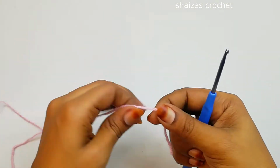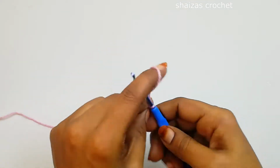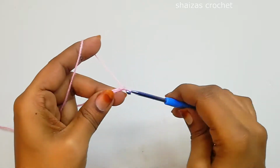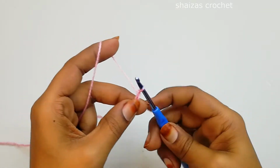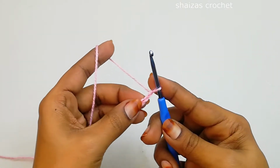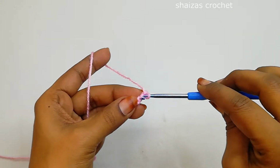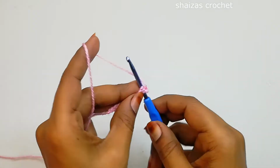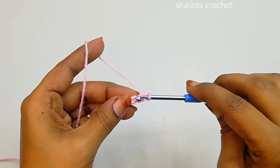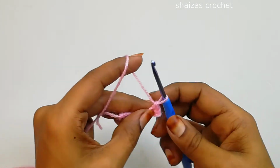Let's start this project with the slip knot, and then we'll make 1, 2, 3, 4, 5, 6, 7, 8 and 9 chain stitches. Let's insert the hook into the very next chain and we'll make 1 single crochet, and into the second we'll make 1 single crochet,